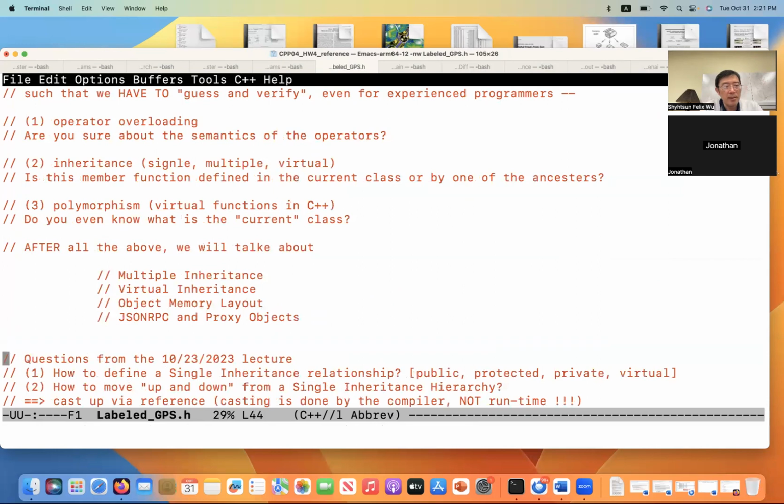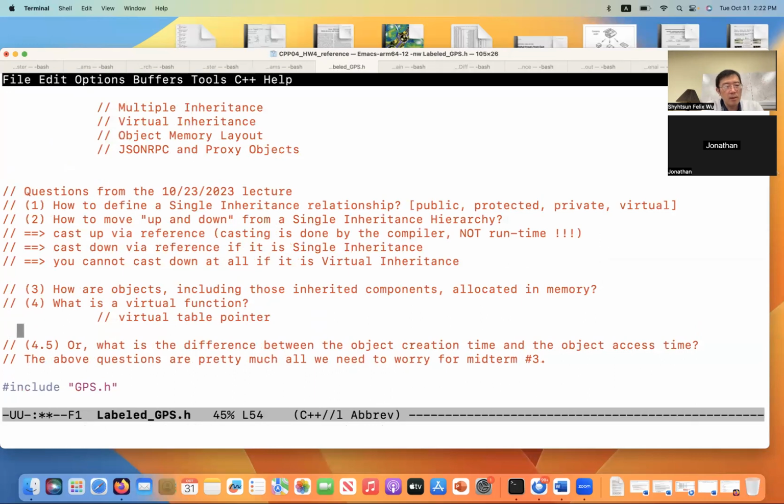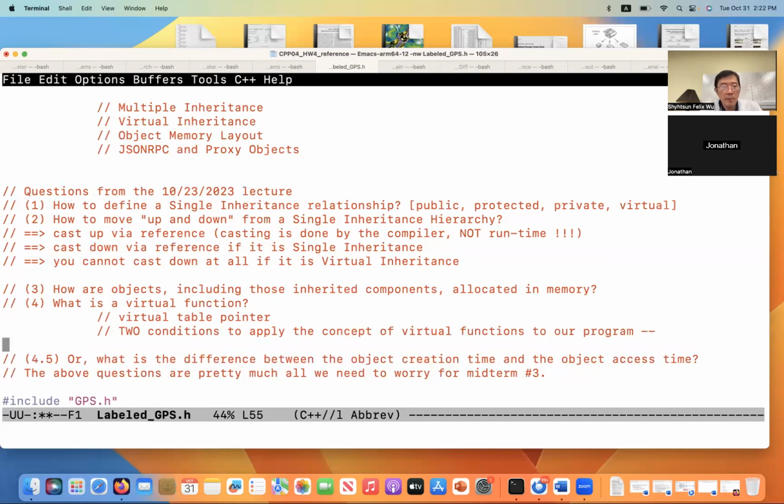I'm going to put it under virtual function. Two conditions to apply the concept of virtual function to our program. So condition number one,